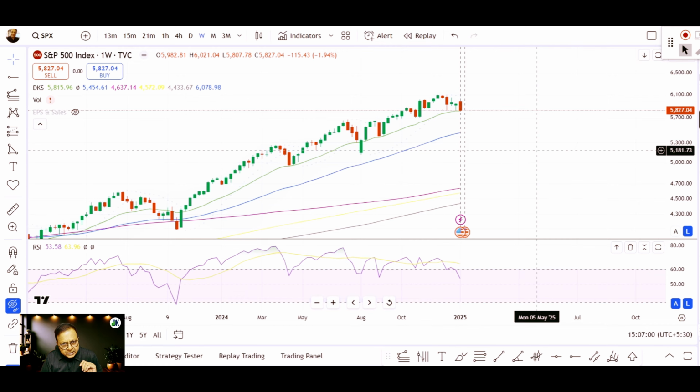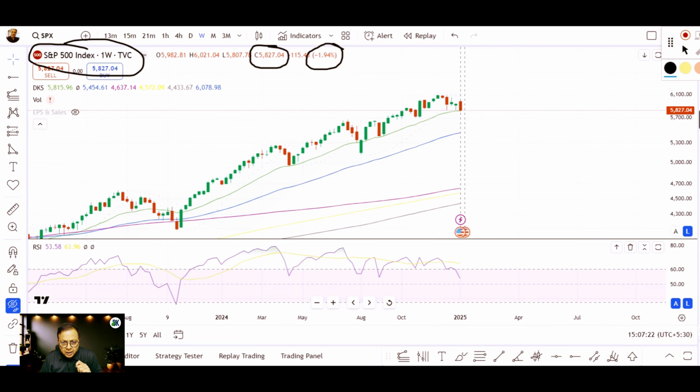Now let us start our technical analysis. This is S&P 500 in the weekly time frame. Index finally closed at 5827.04, and this is how it was bearish by 1.94% on a week to week basis. We never expected last week that the market will fall by nearly 2%, simply because if you look at the candlestick pattern in the prior week, it was a kind of a bullish pin bar, and that too quite in